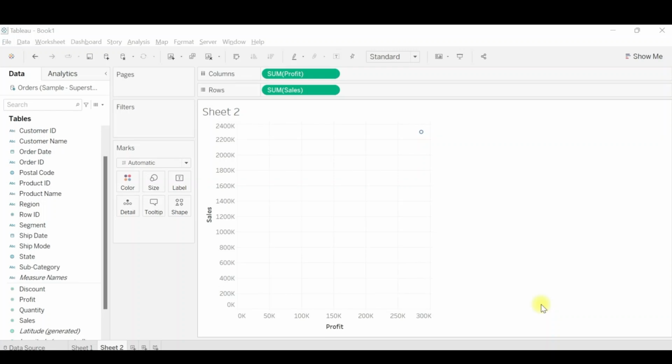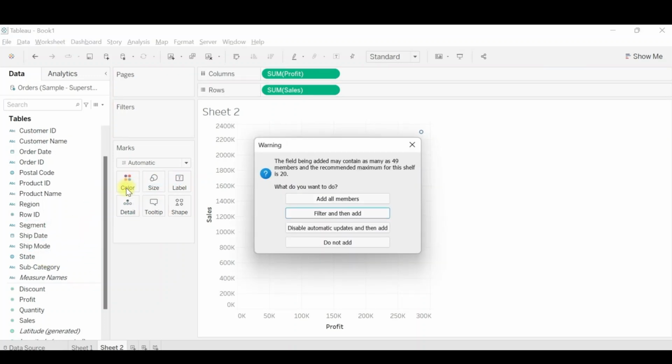But to plot a scatter plot, there should be a dimension into the picture. So dimension can be any from the dimensions. Let's pick up state. Now let's say I want different bubbles based on different colors of the state. So let me drag and drop state to the color.